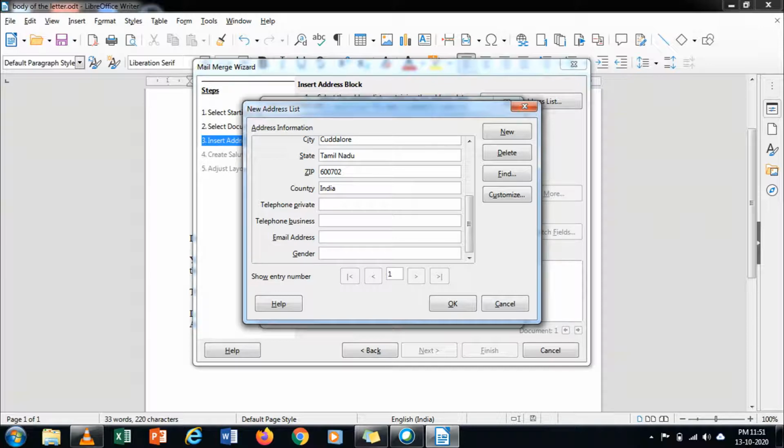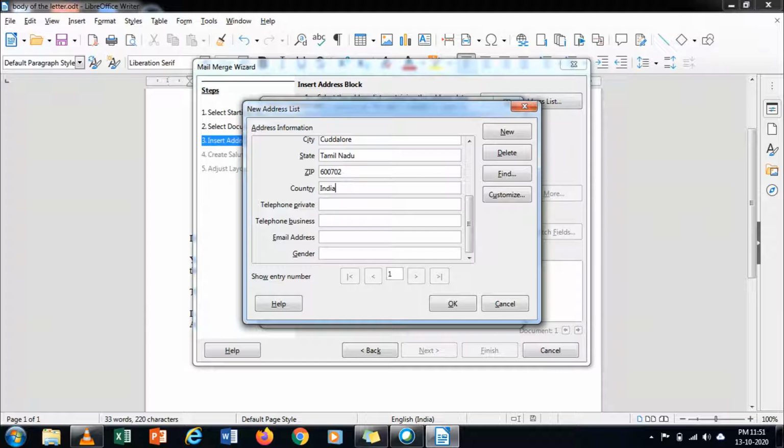Suppose if you want to fill the data of the recipient as per the default fields, then enter the data. Suppose if you want to customize the fields of recipient information, you have to click on the customize button.